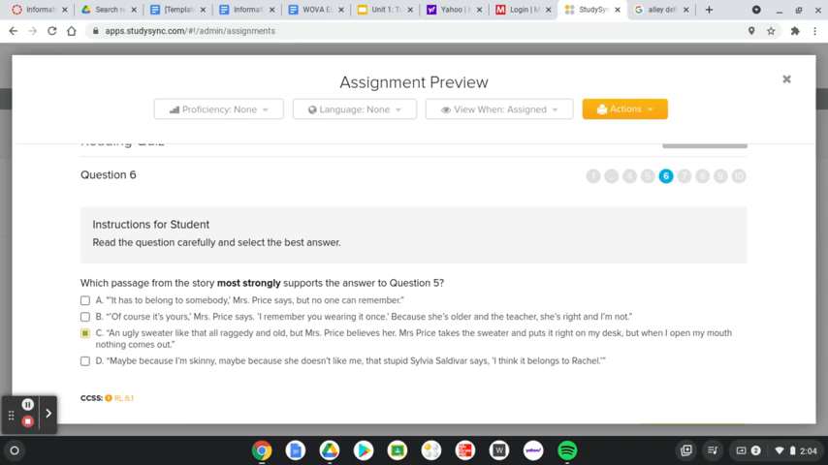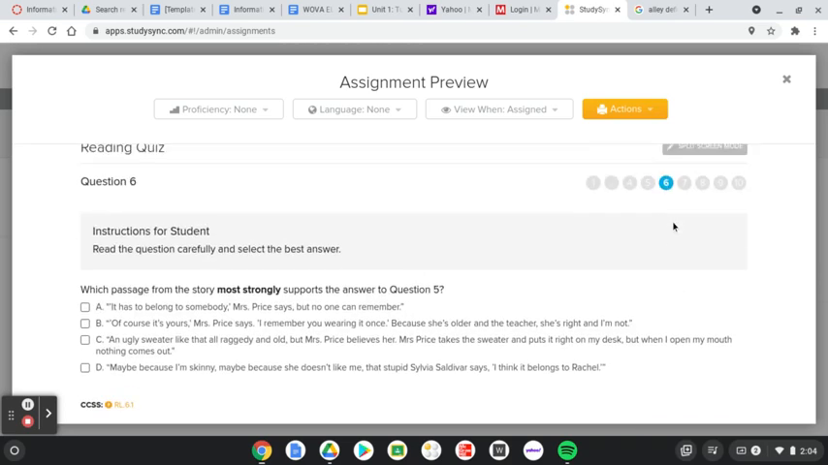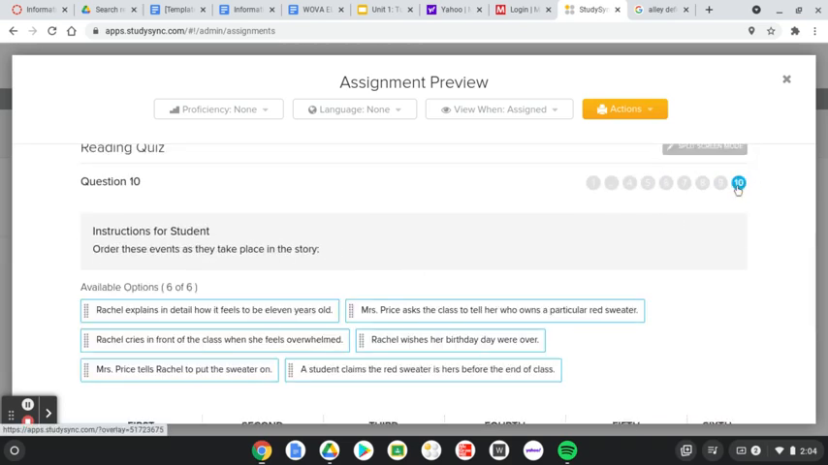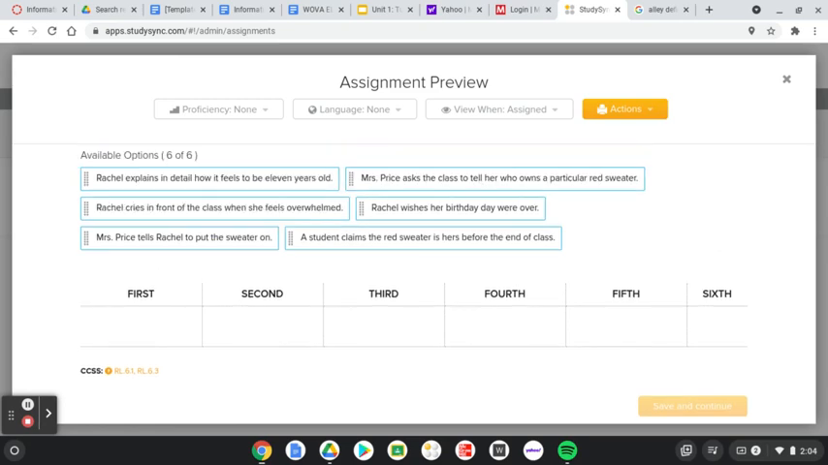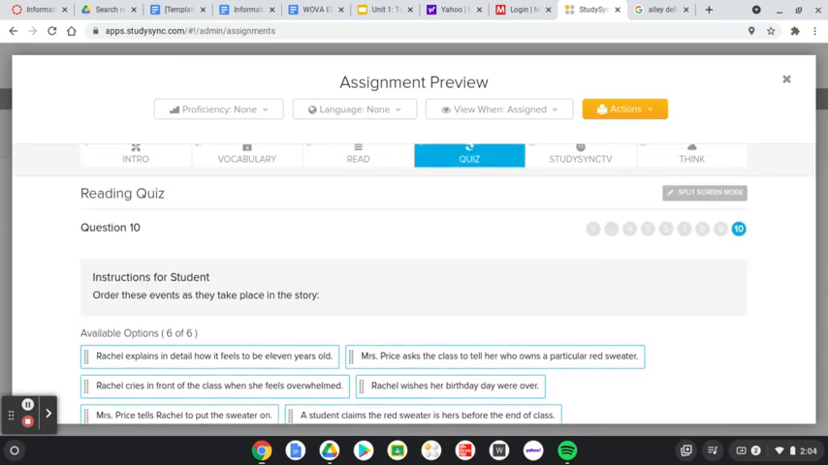What different, looks like they have a quote from the story, is going to fit with that answer. Okay? Then once I get to question 10, I will match up these, and then you can see there's a save and continue. I want to make sure I click that save and continue so that if I stop and do something else and I come back into it, it hasn't erased or didn't automatically save